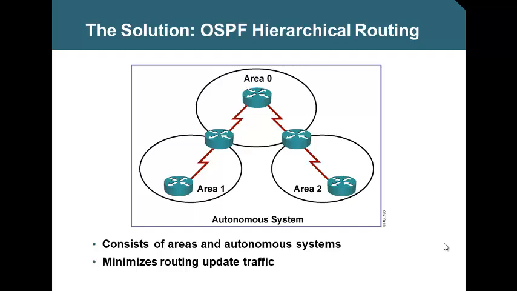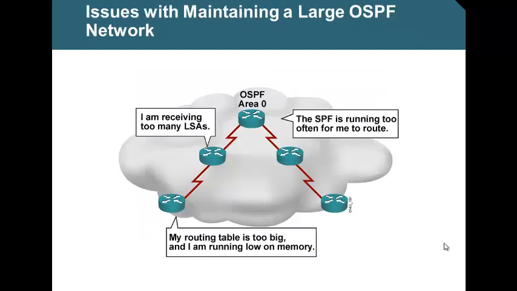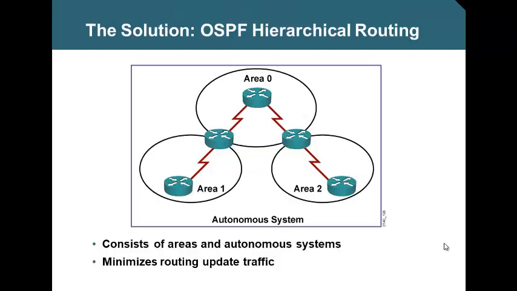So instead of keeping one big autonomous system like this, we make multiple sub-autonomous-system kind of setups called areas. And each area will have an identical database, because within an area we don't do summarization. Only when we send an update to another area is summarization done. So what I'm trying to say in short is,